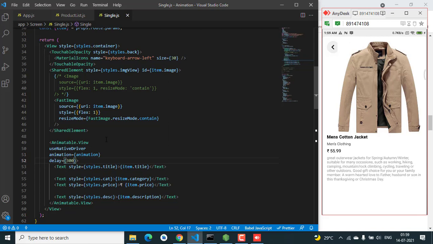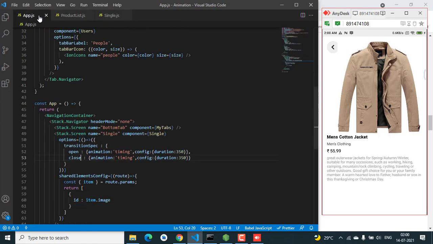That will solve the issue of the image disappearing, the image loading one more time, or the image not going to that particular position properly. So it will solve all the issues about the image. So use FastImage for that, and use yarn to install the packages.